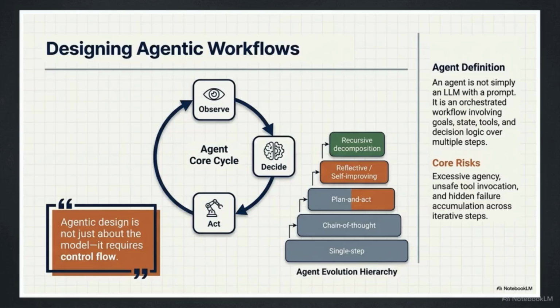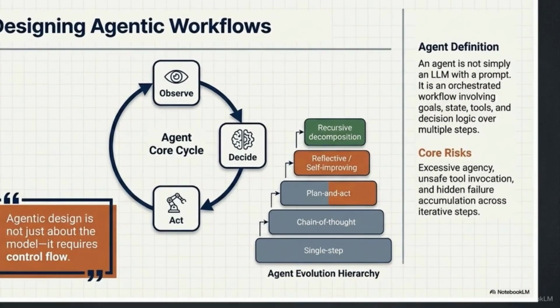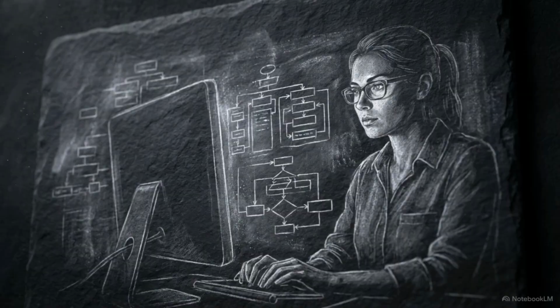Once routed, the system enters an agentic workflow. The AI observes its current state, makes a decision, and executes an action. This iterative loop allows the agent to recursively break down massive goals into executable steps, self-correcting along the way. The AI operates as a proactive reasoning engine, capable of sustained problem-solving over time.